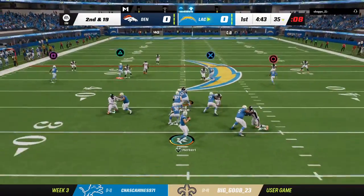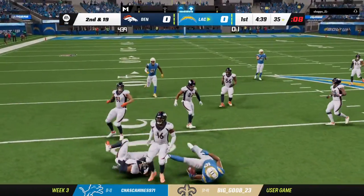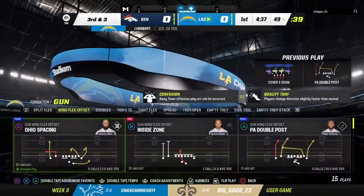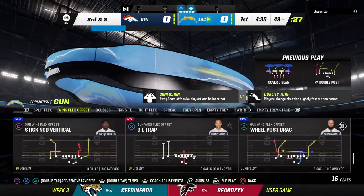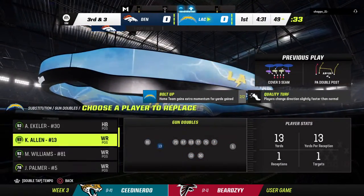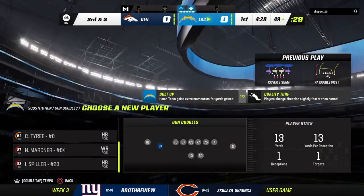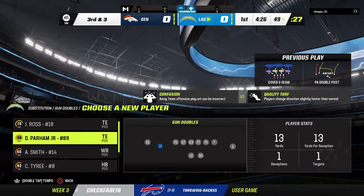Play action this time for Justin Herbert. Crossing route complete to Ross. And they'll get him down on the other side of midfield. Well, the first drive here and the first time that we've called the big tight end's name, but I can assure you this, Charles, it won't be the last. No, it won't, because when he gets going,